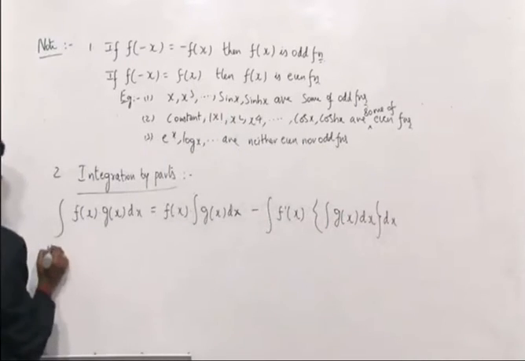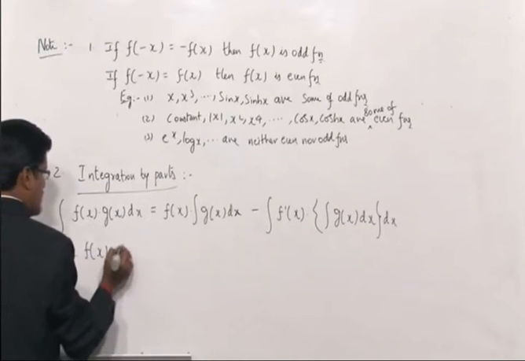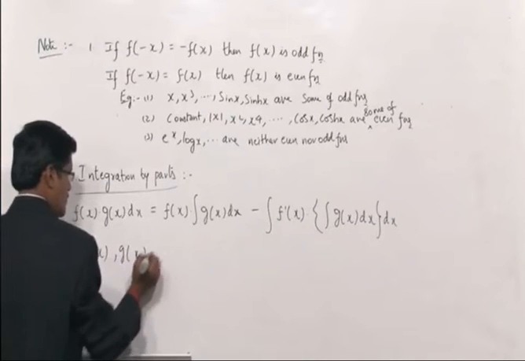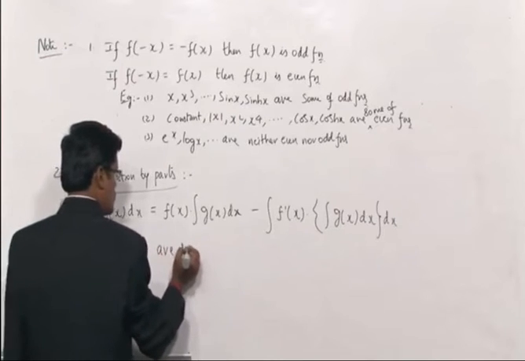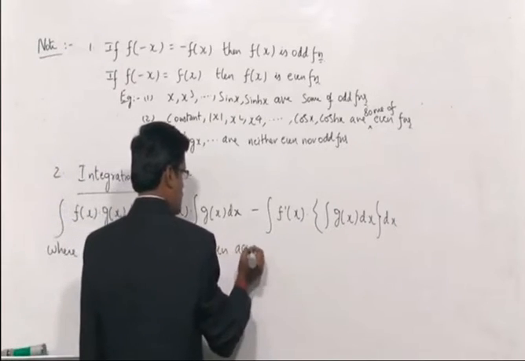Okay. So what is this first and second function? Don't say first and second, where f of x and g of x are so chosen according to the rule